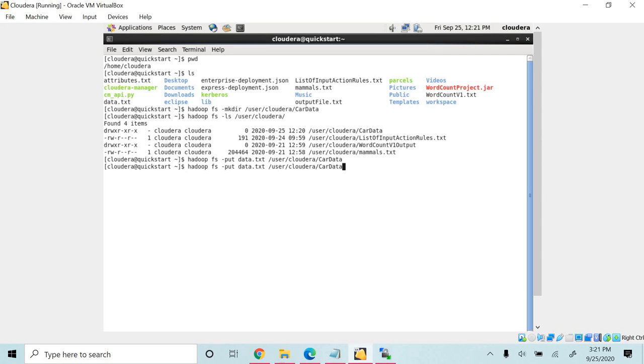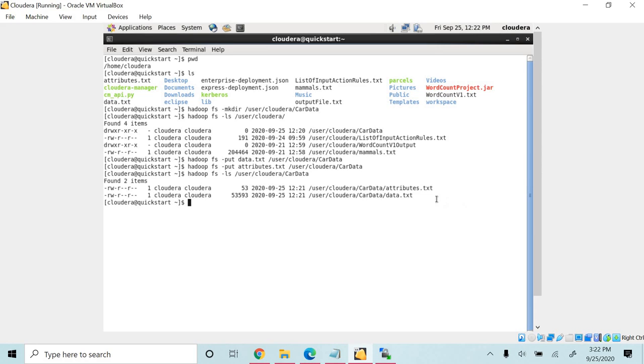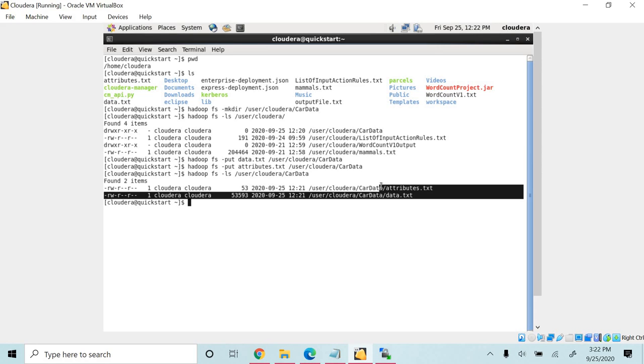Now let us copy the attributes.txt file. Both the text files are placed in the car data directory in HDFS. So let's check if those files are present in the car data directory. Here we can see the data.txt and attributes.txt files are present in car data in HDFS.